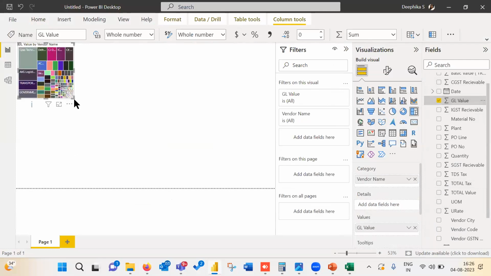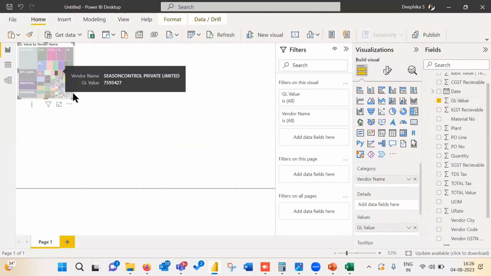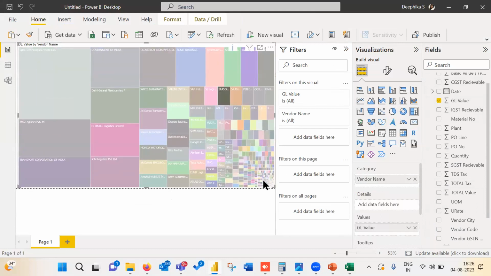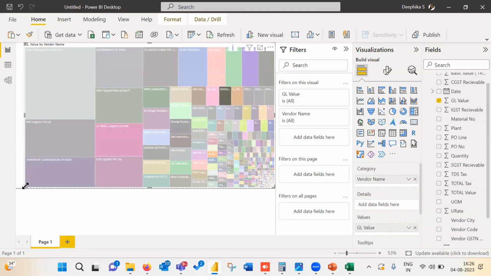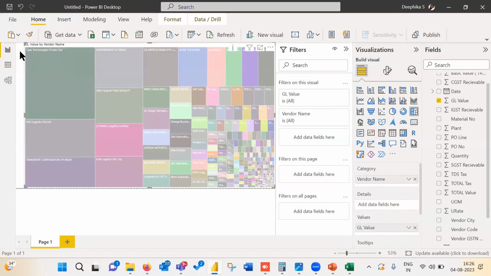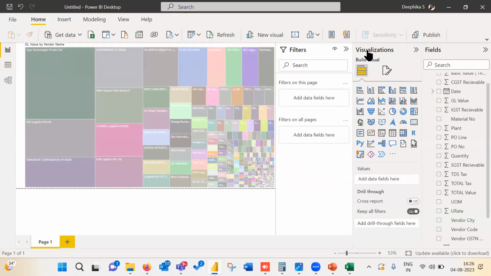This is one chart I have built. It is a very, very big chart because there are thousands of vendors. Now I want to export this chart. Actually, you cannot export as such. What you need to do is export the data behind the chart.